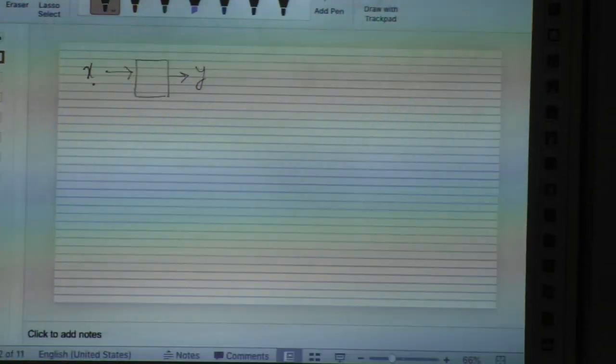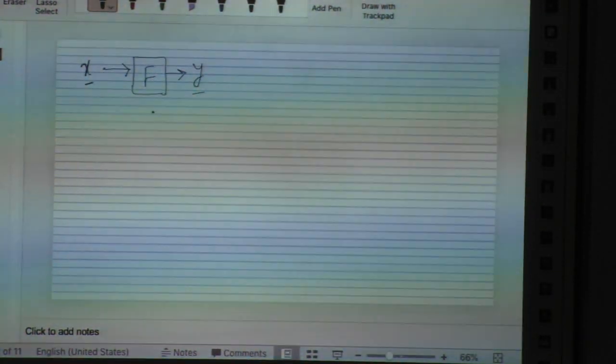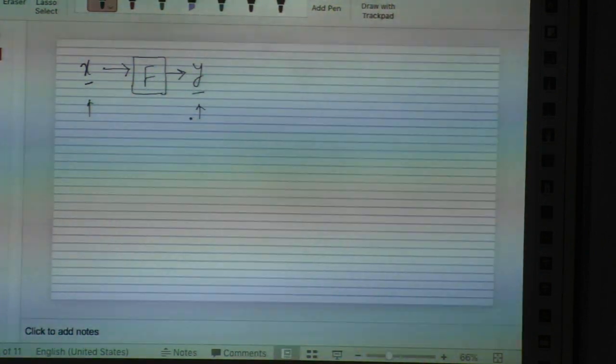Some input x, maybe a vector, and some output y, and the model is f. So we have been seeing how to represent x, how to represent y, and we saw how to do it in NumPy, how to do it in